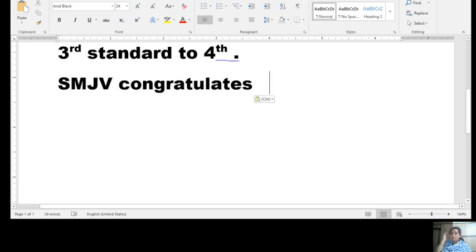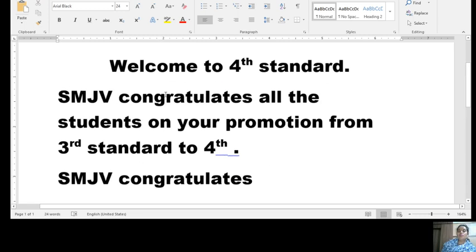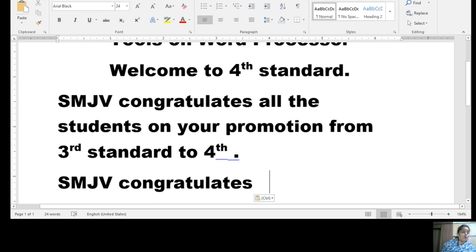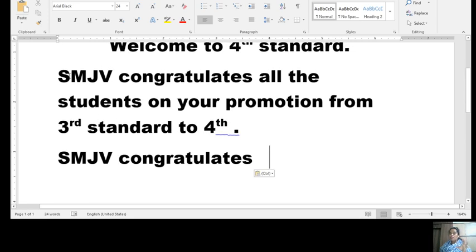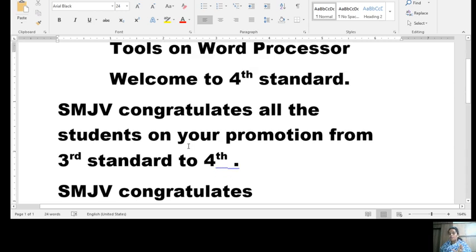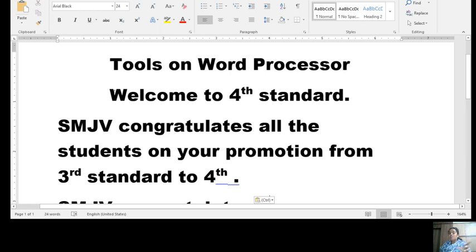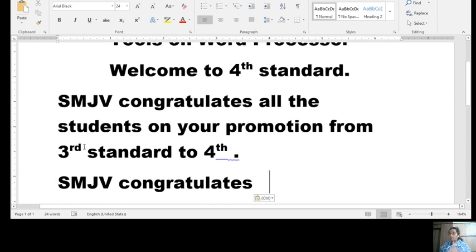Click on paste option. So did you see this, children? SMJV congratulates. Did you understand this? Cut and copy. But you will have SMJV congratulates here also. There will be a copy here. Only when you click on the cut option, the sentence which you had selected will get cut. Whereas in the copy option, there will be a copy of that, and again you can make one more copy of it. That's the usage of the copy option. Fine. Cut will cut that statement and you can paste it wherever you want. Copy: the text will be there, but you can paste it elsewhere also. Understood? That's the copy and paste.